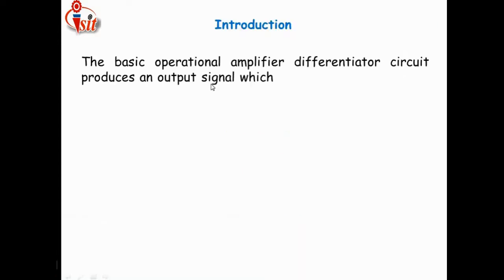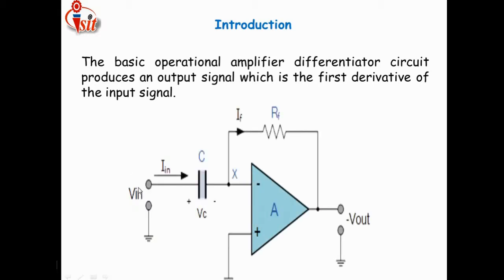Introduction. A basic operational amplifier differentiator circuit produces an output signal which is the first derivative of the input signal. That means whatever input signal is applied to the op-amp, the output is produced in the form of differentiation. Differentiation means derivation. We know very well in mathematics there are a number of orders related to differentiation,